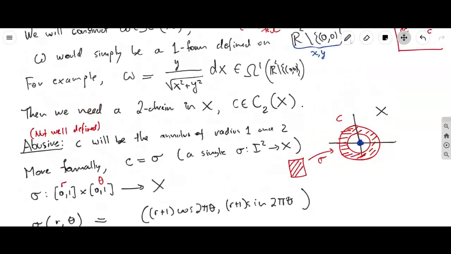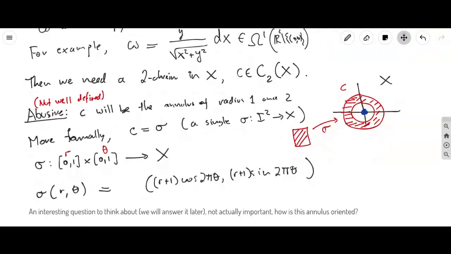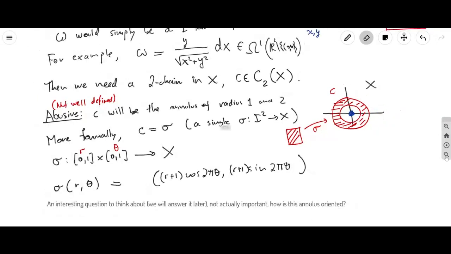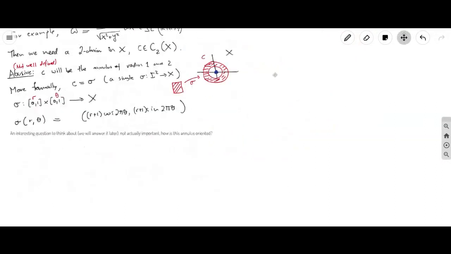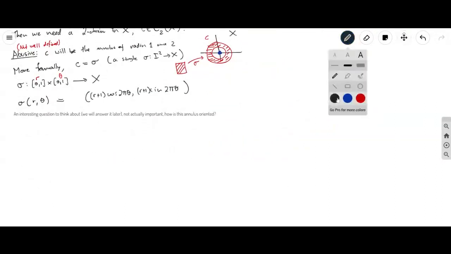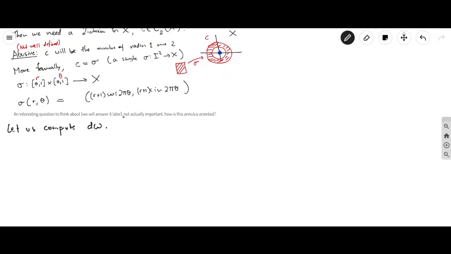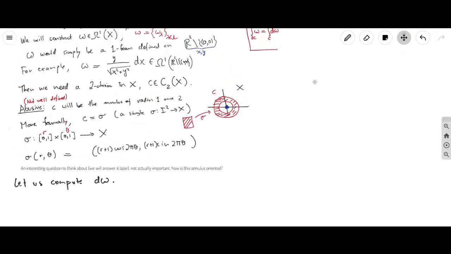So we have constructed a one form on our manifold, and we have constructed a two chain in our manifold. So the next thing that we need to do is calculate the boundary of that chain. I'm sorry, before we calculate the boundary of the chain, let's calculate the exterior derivative of omega. So let us compute d omega. In this case, so in general, what you would do